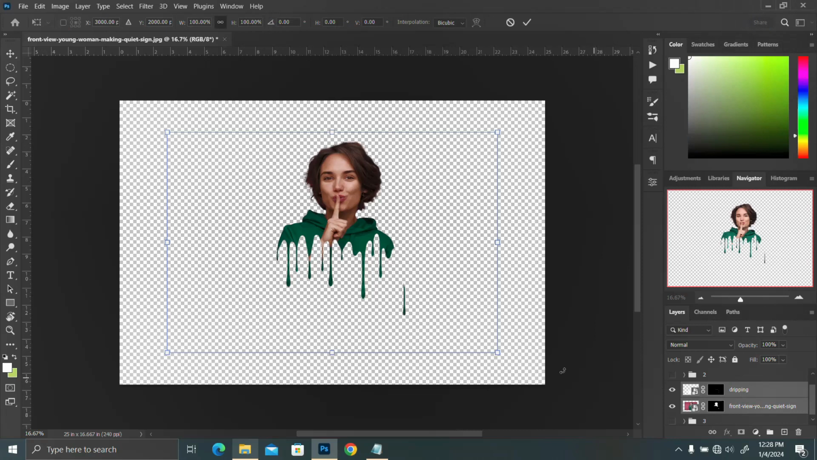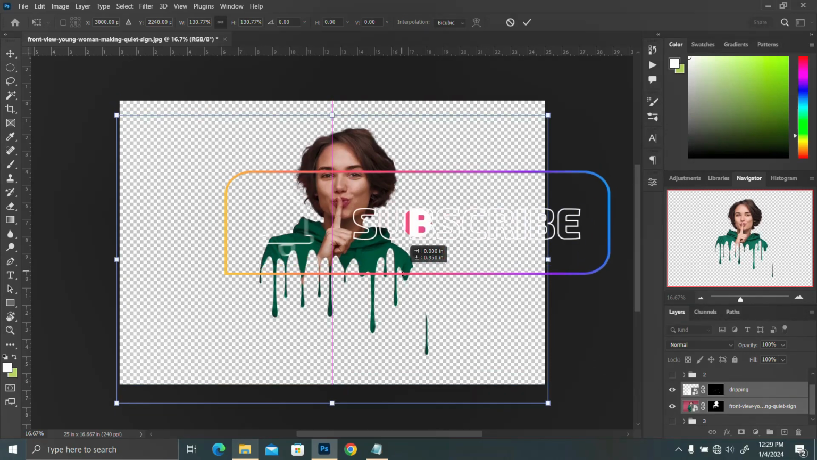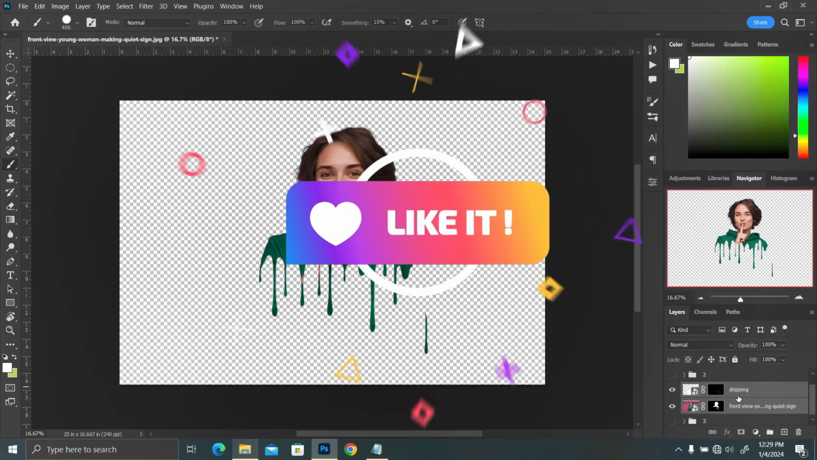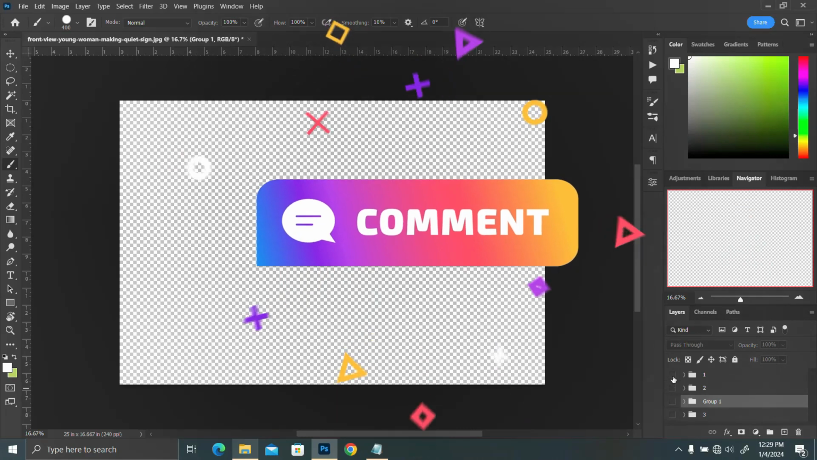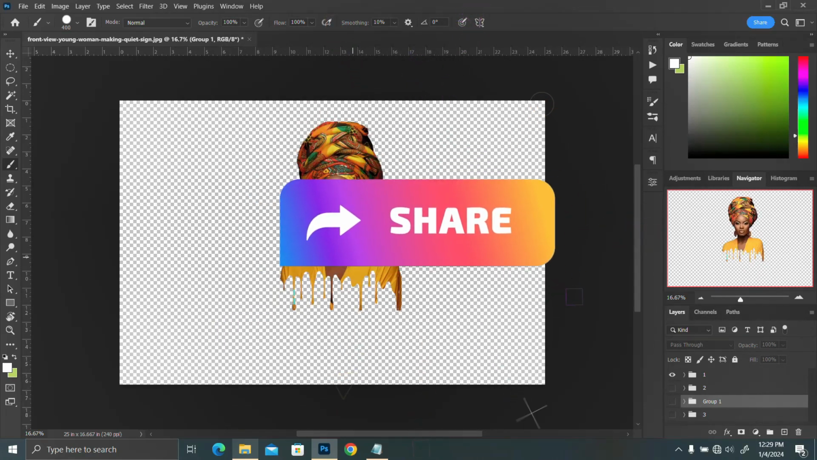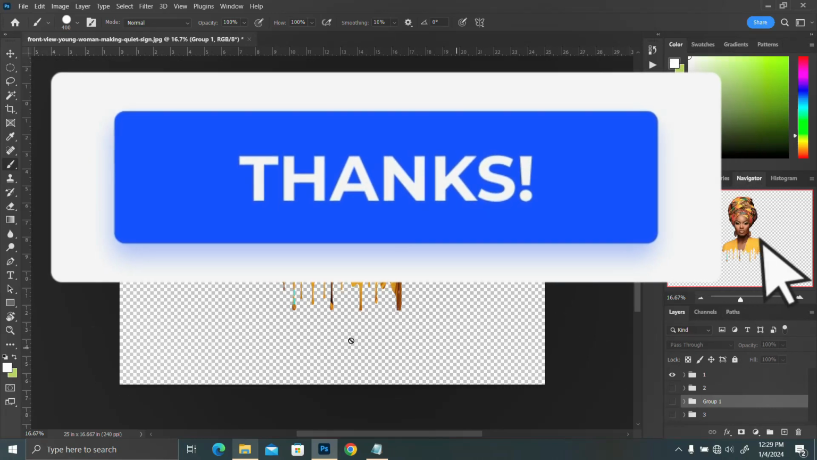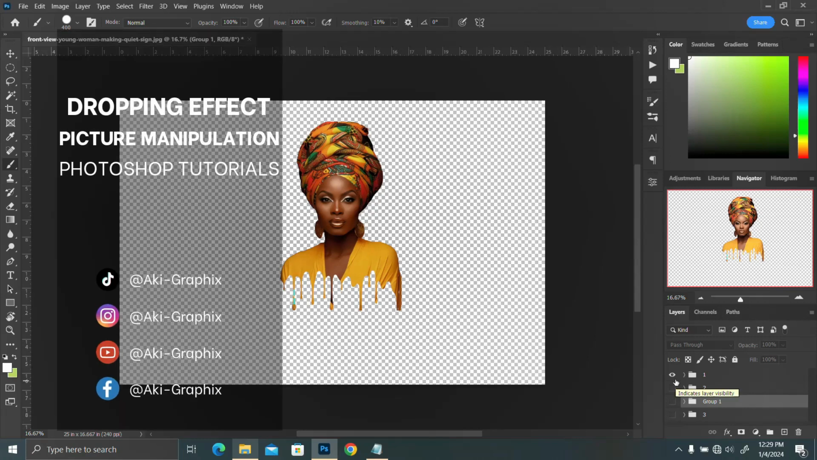Control T, and then increase the size of the whole thing. Good. So this is how we create something nice like this, the same trick that I used to create the first one. If you are wondering how I went about the first one or the second one or the third one, it's the same trick. But guys, this is how to create a picture dropping photo effect or picture manipulation in Photoshop as part of our